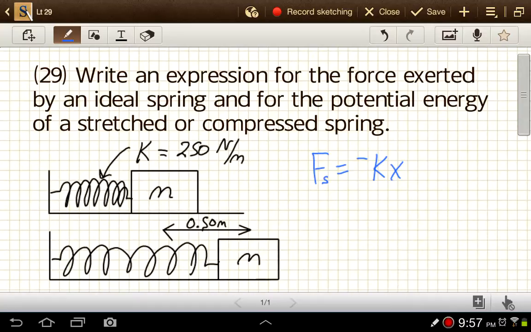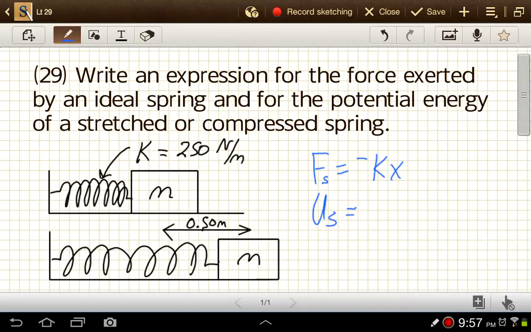of the spring. And then the negative sign there just indicates that whichever direction we pull on that object, the spring is trying to pull it back into its original position. So if I pull it to the right, the spring will be pulling to the left. If we push to the left, the spring will be pushing back to the right, always back to the original position. And then the potential energy,